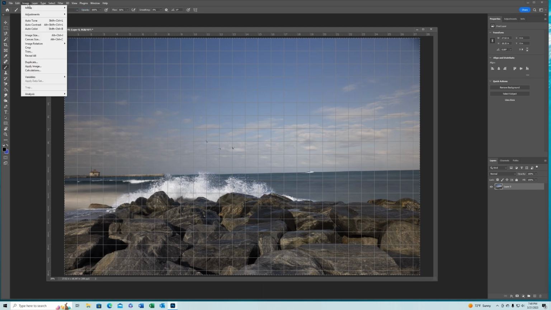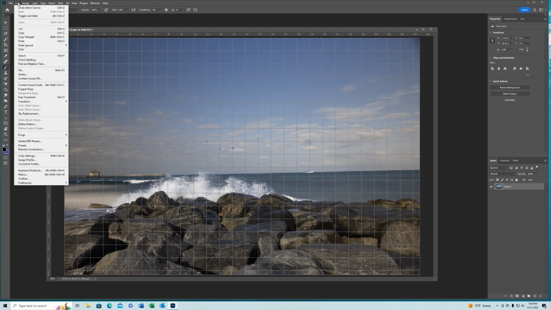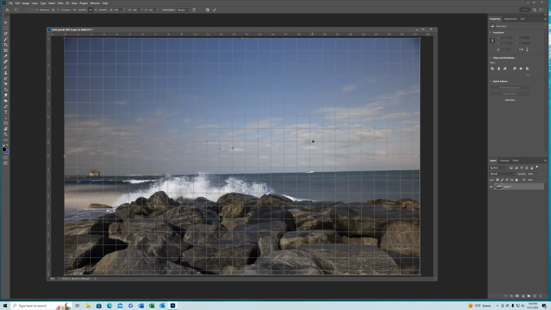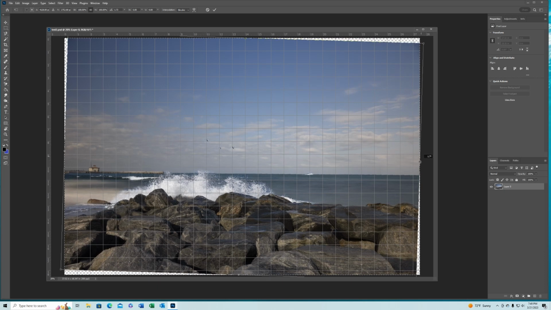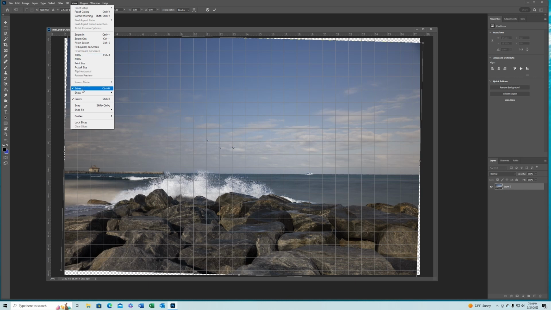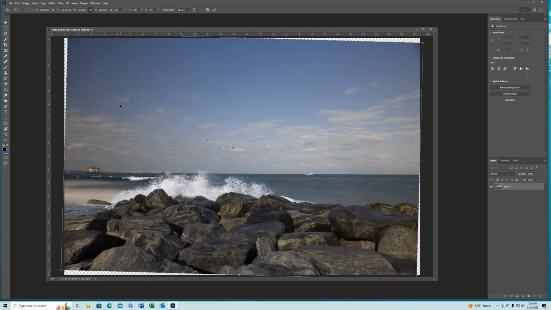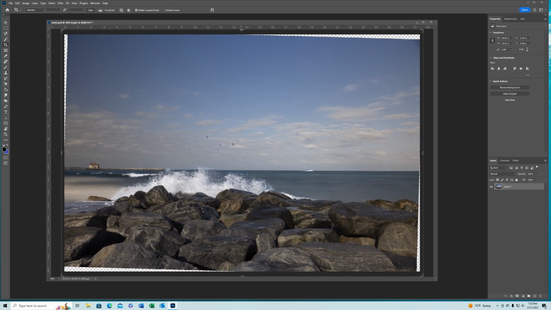Another rookie mistake. I didn't have the horizon level when I got in a little kind of panic mode after my tripod took a dump and didn't get everything all set back up perfectly the way I had it before. I just didn't have it secured deep enough into the sand. I thought I did, but a huge gust of wind came along and just knocked it right over into the wave. So we can take the grid off, and then